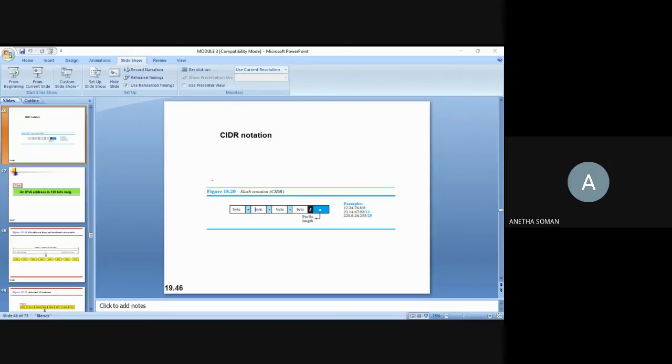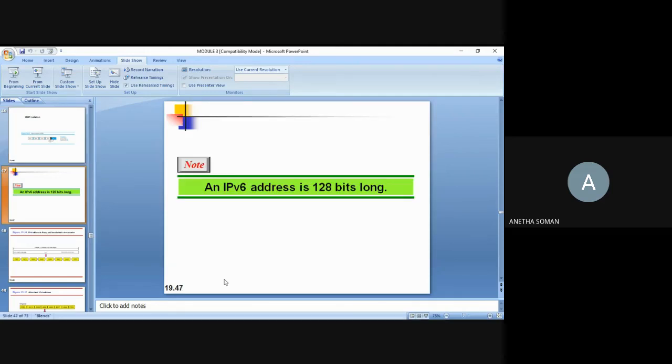So when you want this many addresses, you will be provided with the mask. So the total number of addresses that is available for you can be found out. Okay, so these were the things that we have learned up to now. Now the next concept, the next version of the IP address is